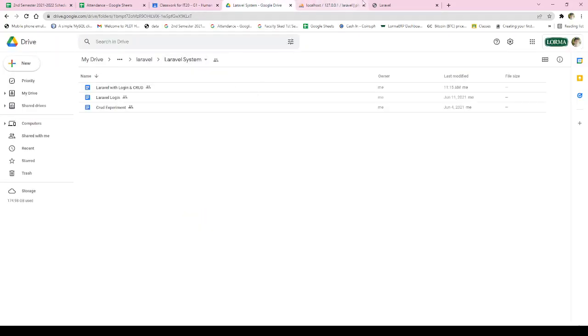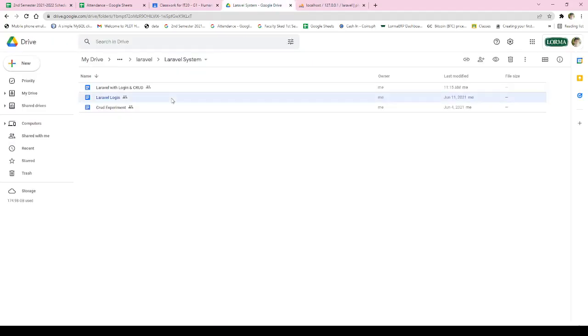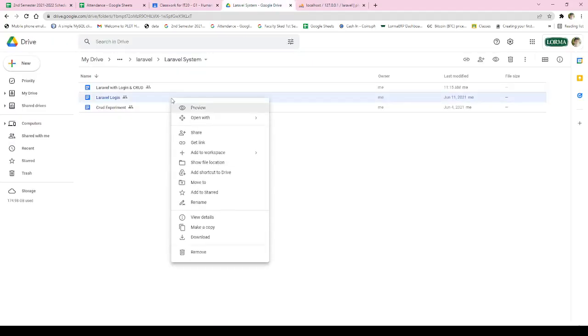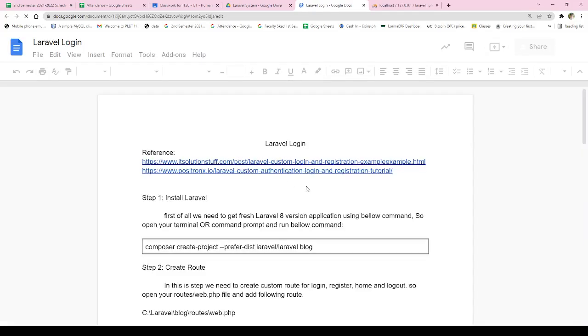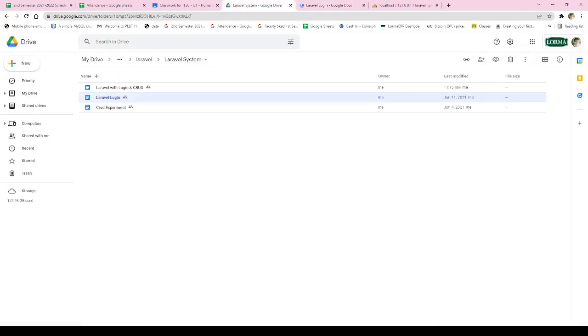I'll be giving you another module. Bakit kasi ang dami kong module? Sige. I'll be changing na lang my module. Siguro there's some new version. Bago siguro yung version ng Laravel. Anyway,